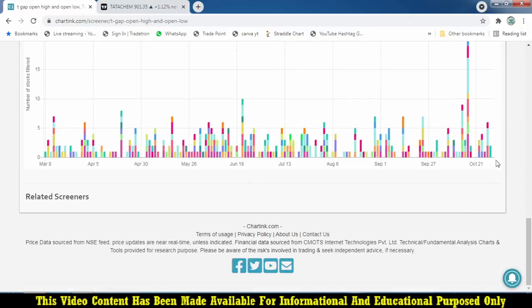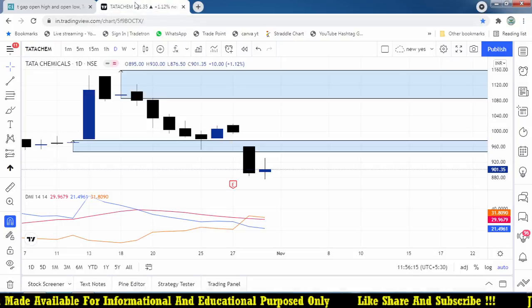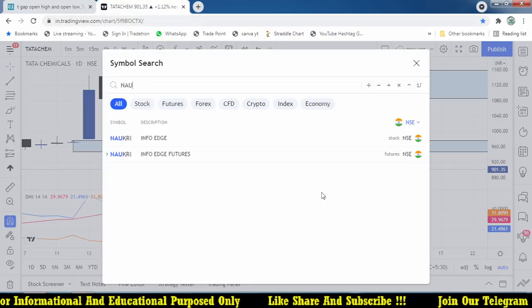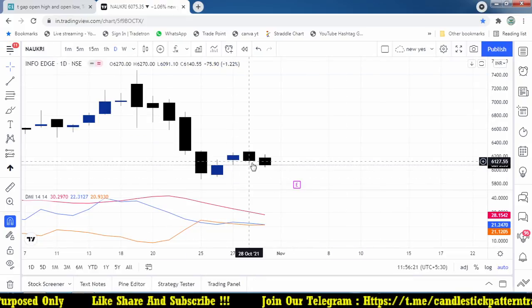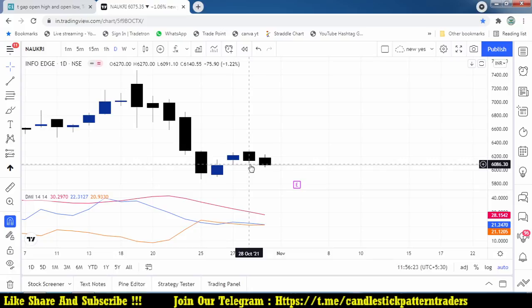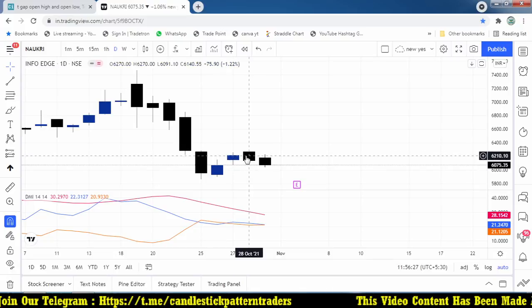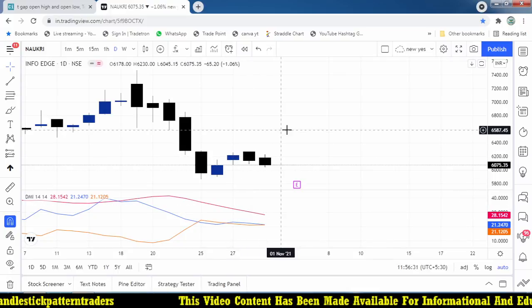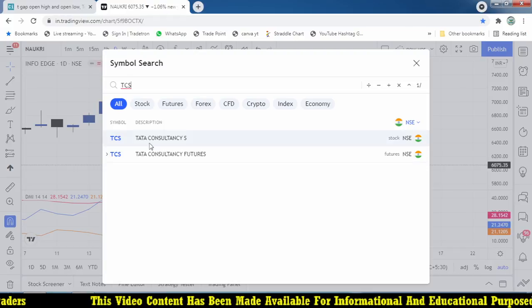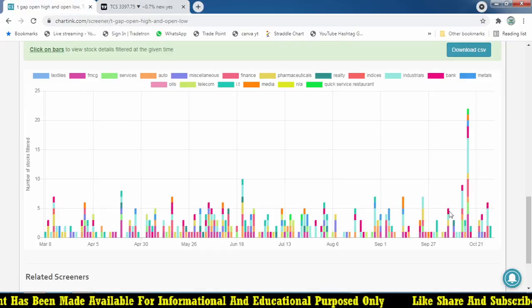Let's follow this. The stock on the 28th, Naukri and TCS. Naukri formed an open high and started moving down. 26270 is the open high, it opened above the previous day high and formed an open high. There is strength, it's falling. And TCS is also an open high. So two good stocks.